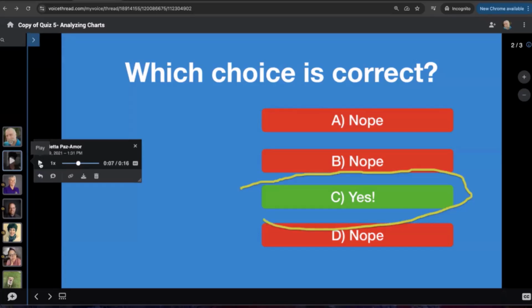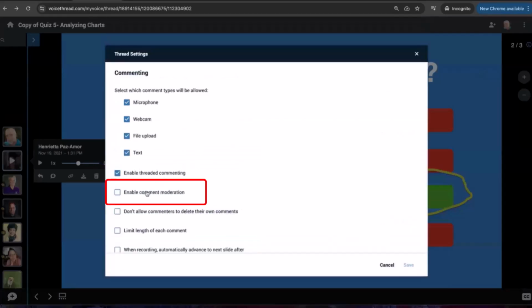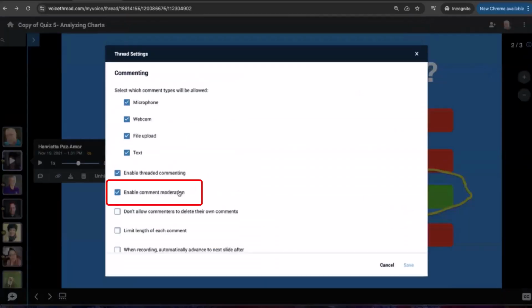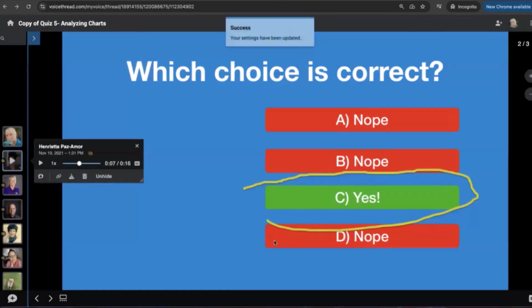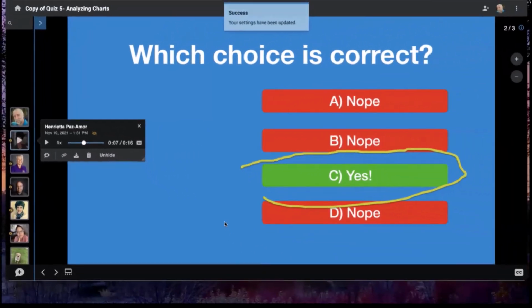All right. So I hear something in that comment and I say, oh no, this is going to be a problematic comment. What I'm going to do is go into my thread settings. I'm going to enable comment moderation and click save. And now I can hide this comment. And now I can go back into my settings, turn comment moderation off. That comment will remain hidden, and any comments that come in from this point on will be visible to everybody. All right, so that's how you do it if you want to hide one specific comment because it's inappropriate or something along those lines.